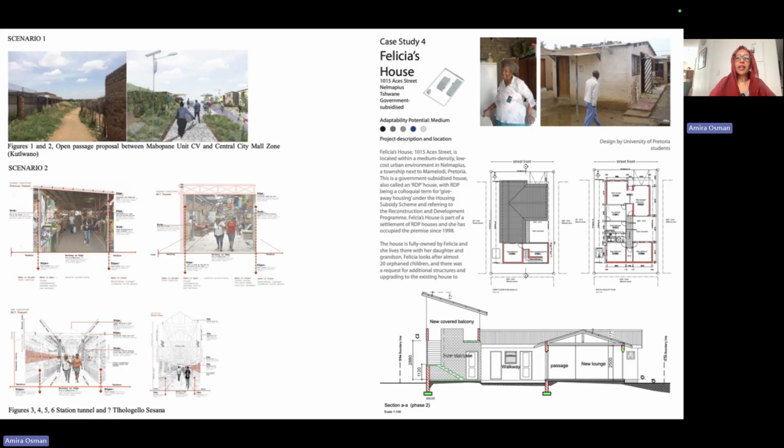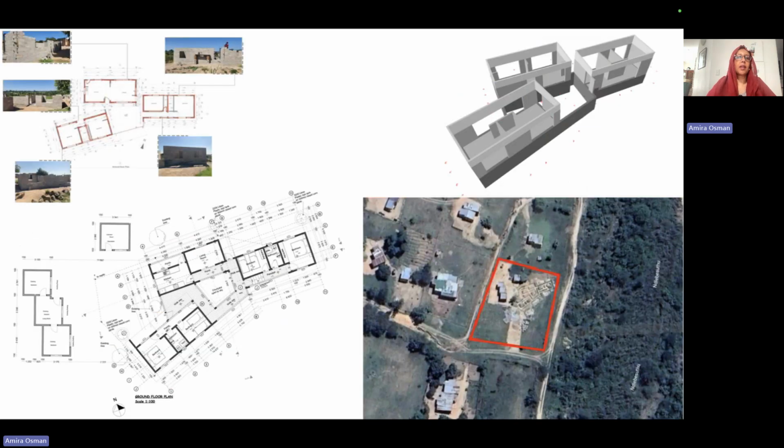So on the right-hand side, you will see a typical house, top right there. You'll see the image of the house as it was, and you'll see how we designed it to extend it. This is a situation that is very common in South Africa, and where open building can be applied to allow for these extensions, but also to extend in such a way that the house can transform and change over its lifetime.